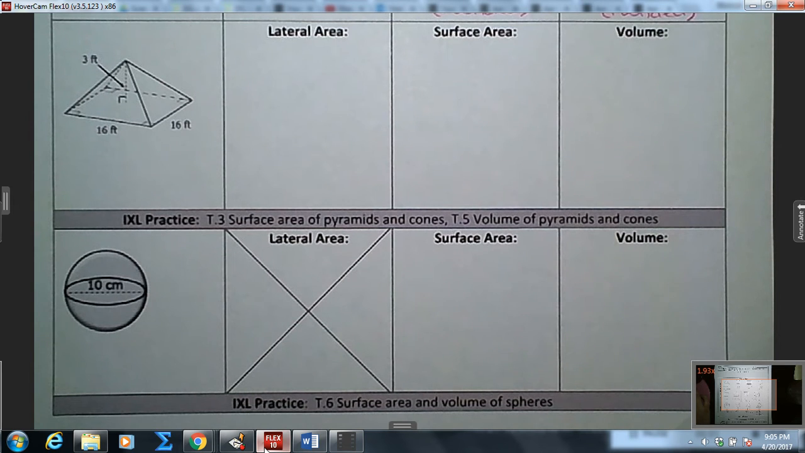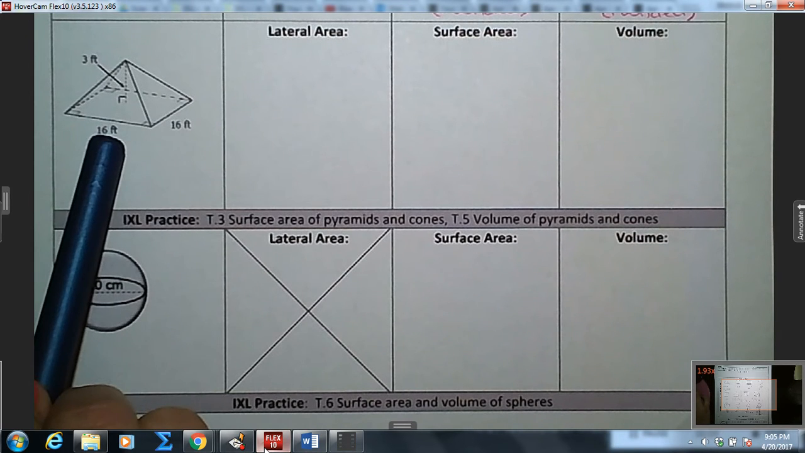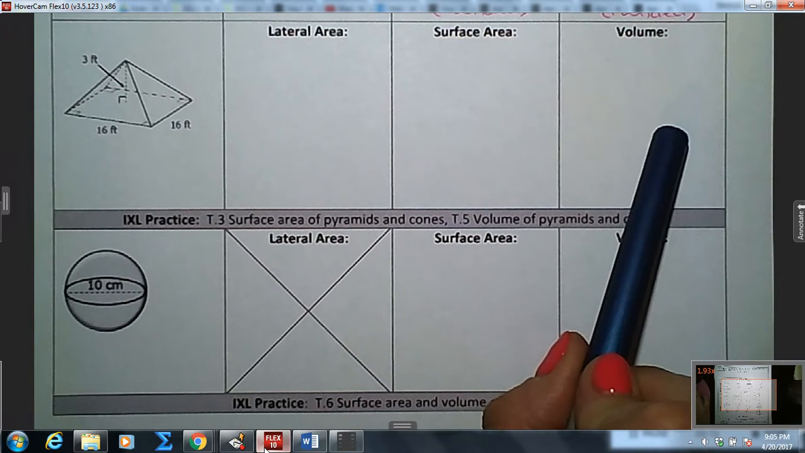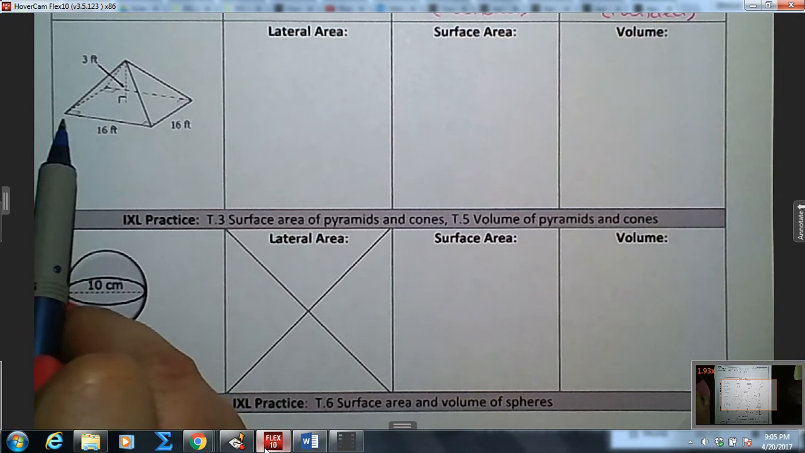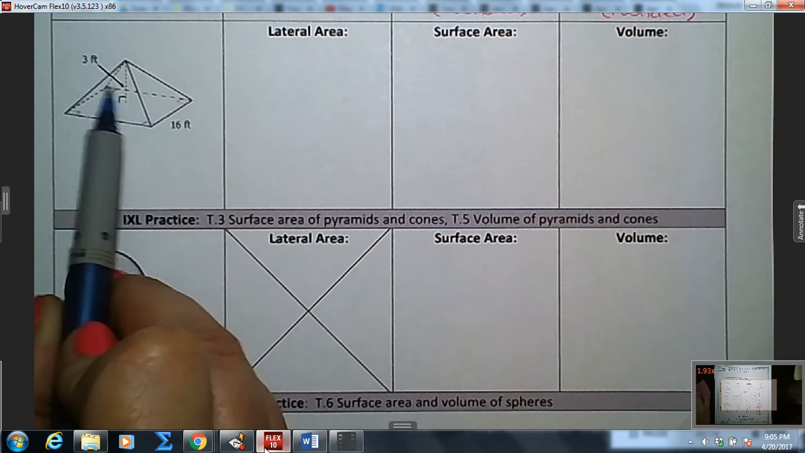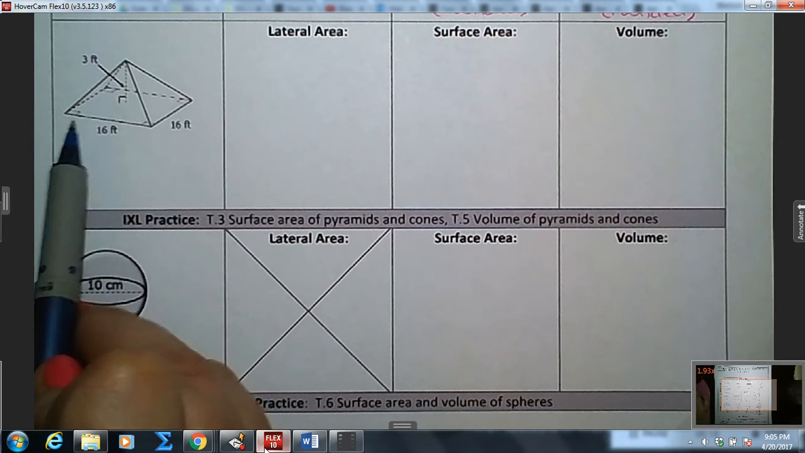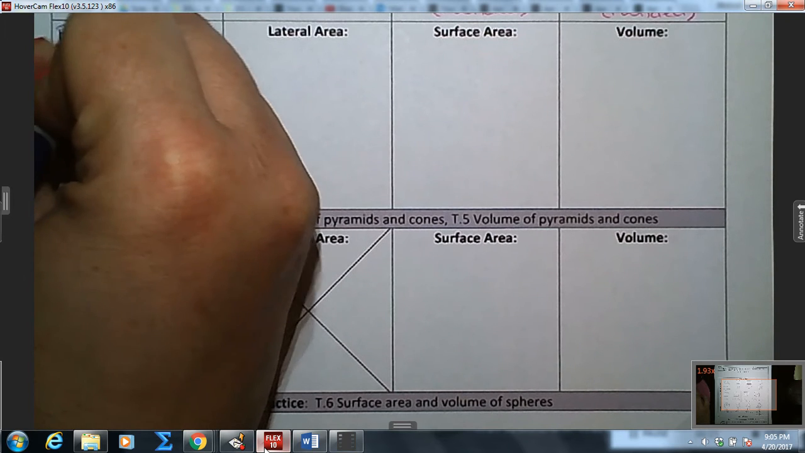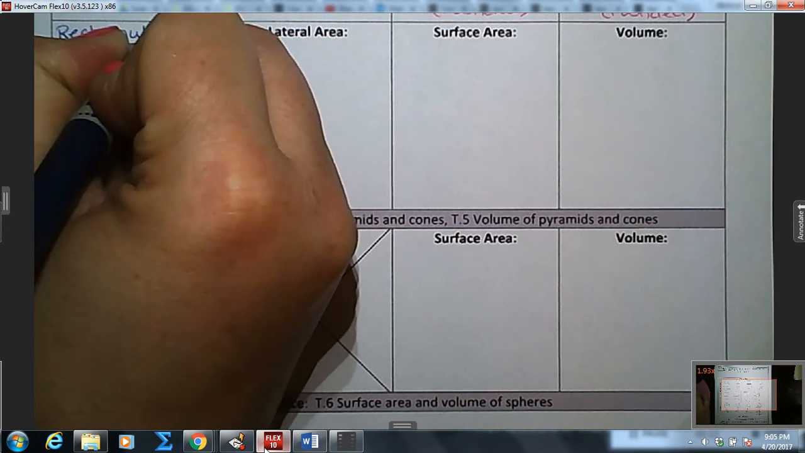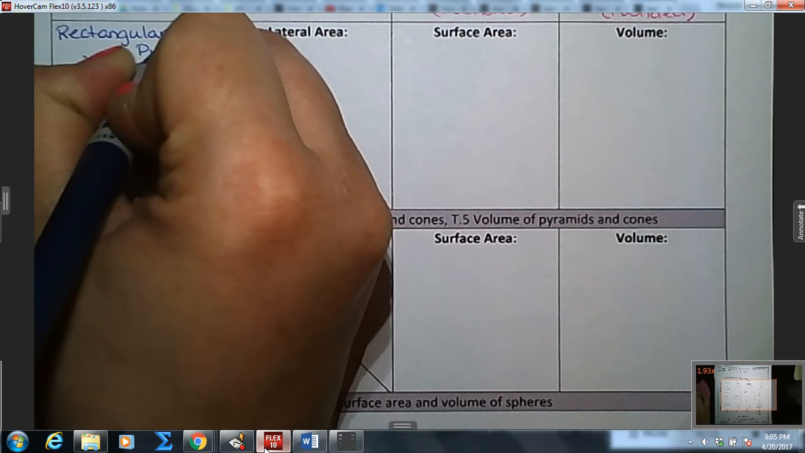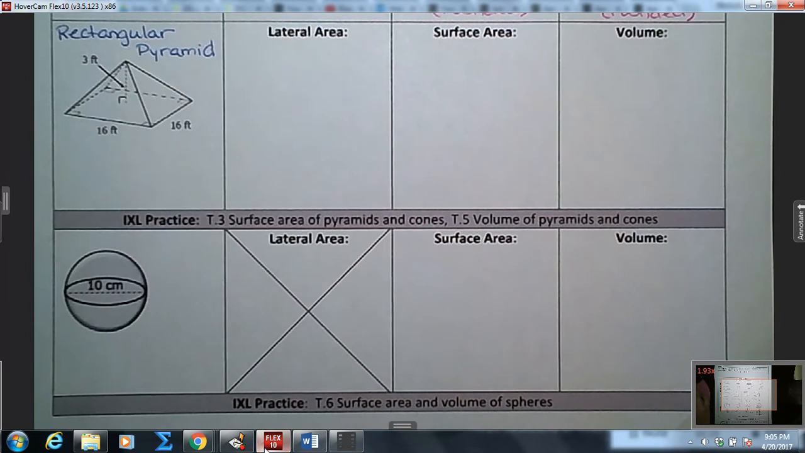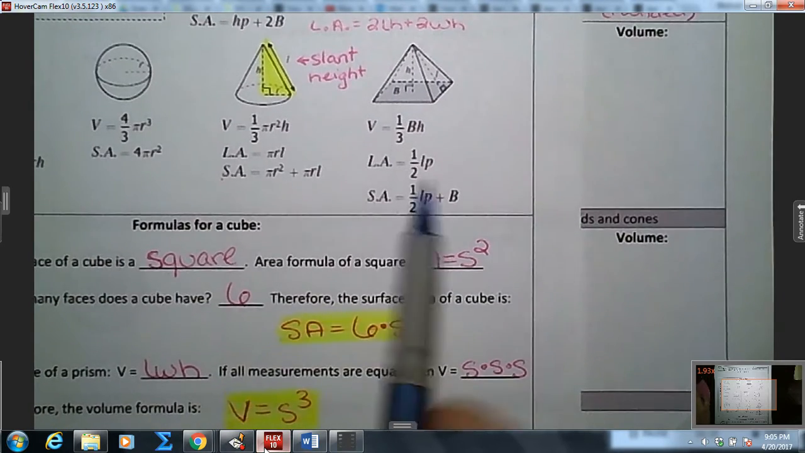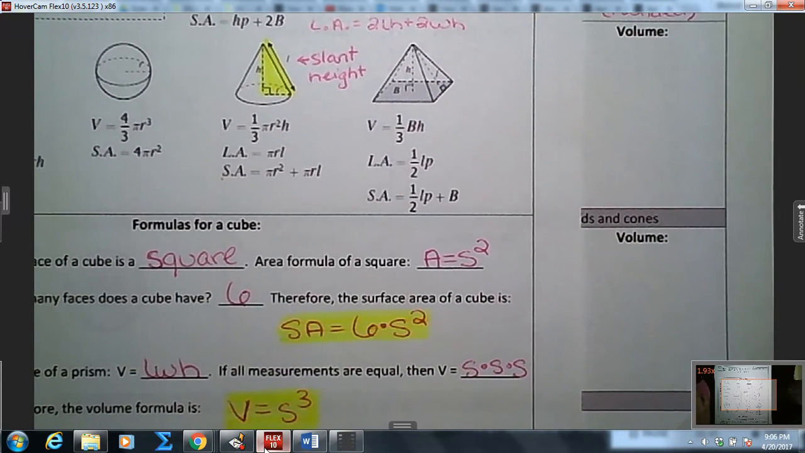Hello students! In this video we'll be looking at this pyramid to find its lateral area, surface area, and volume. This pyramid is called a rectangular pyramid due to the base shape. The base of this pyramid is a rectangle. On our formula sheet, we're given the volume formula, lateral area formula, and surface area formula of the